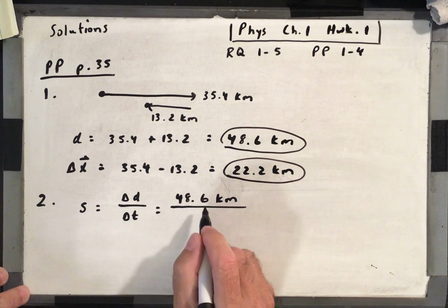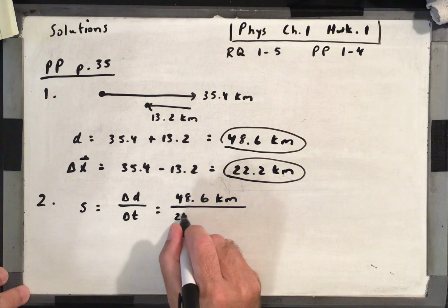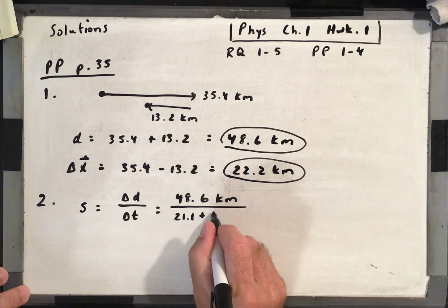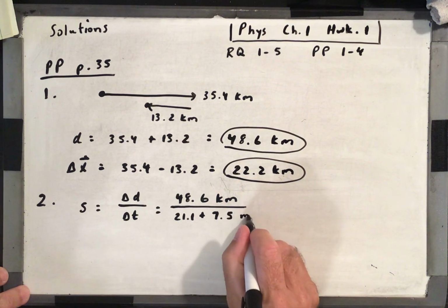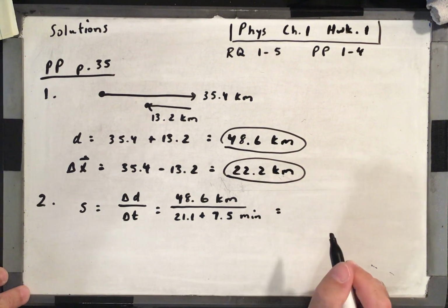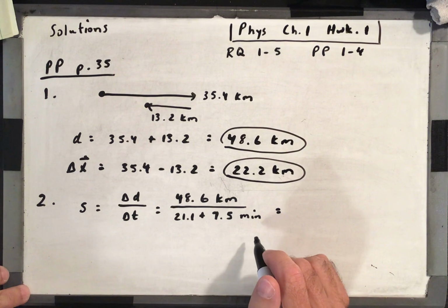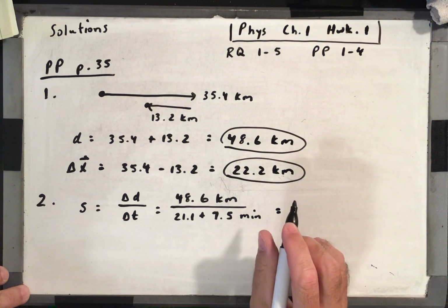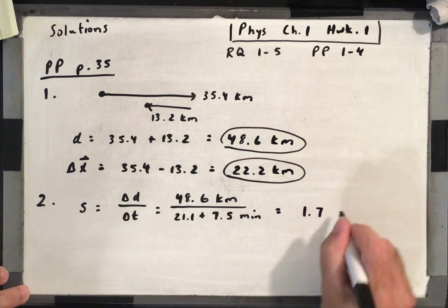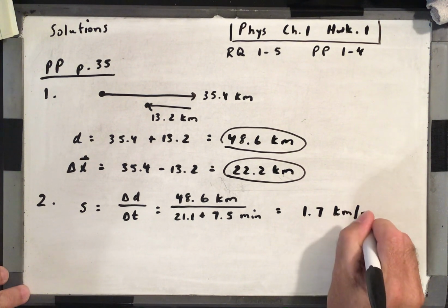And we know that the time is going to be 21.1 plus another 7.5 minutes. All right, didn't say we had to change this into meters per second or anything like that, so I'm just going to keep it like this. So that is 1.7 kilometers per minute